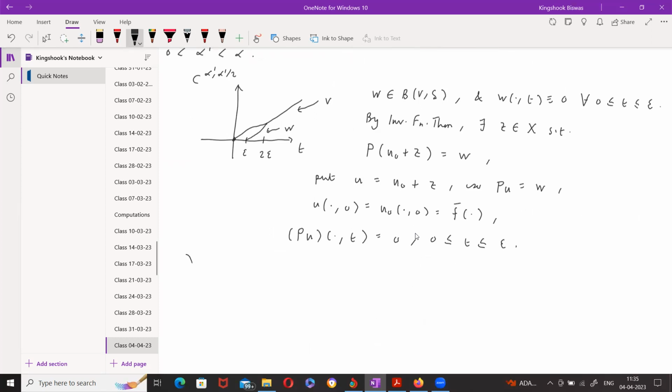So what is script P of Z? This is P of u naught plus Z minus P of u naught. Okay. So capital P has Laplacian minus del del t, that is linear. So the linear map acting on u naught plus Z minus acting on u naught will just give you the linear map del minus del del t acting on Z, right? And then you'll get